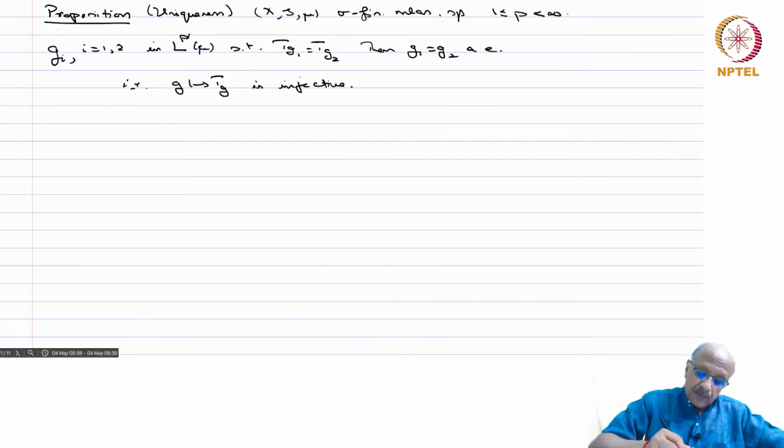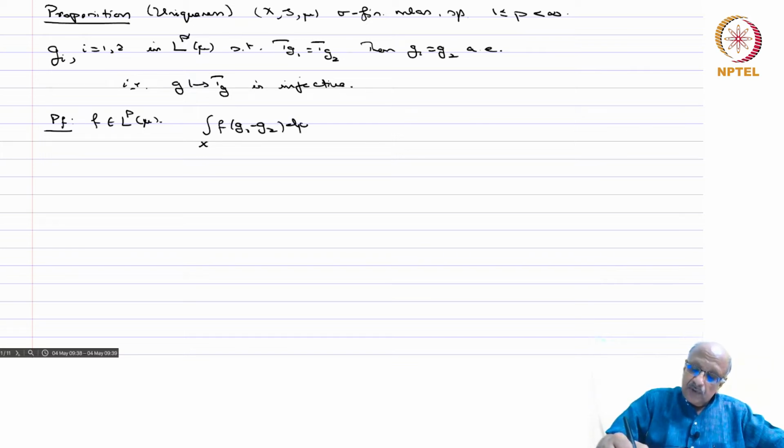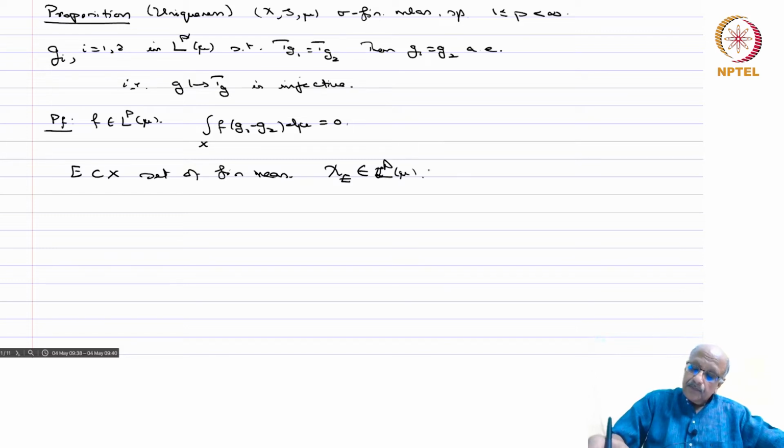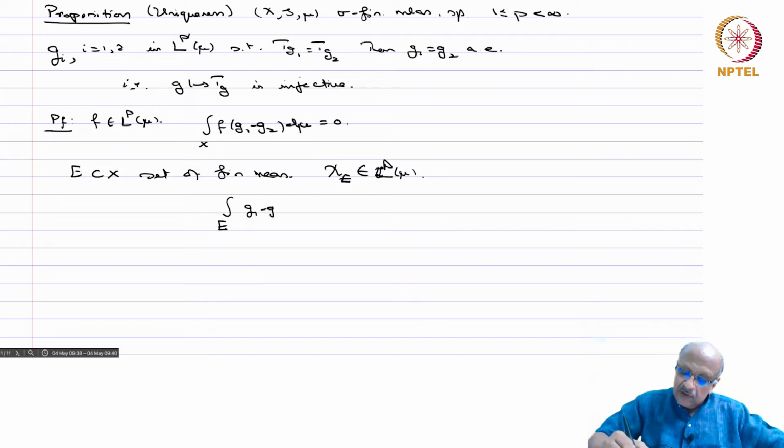Okay, so proof: if f is in L^p(mu), then the integral over X of f times (g_1 minus g_2) d mu equals 0. That is what we mean by T_g1 equals T_g2. So let E be contained in X, a set of finite measure. Because it's of finite measure, chi_E belongs to L^p(mu). Therefore, the integral over E of g_1 minus g_2 d mu